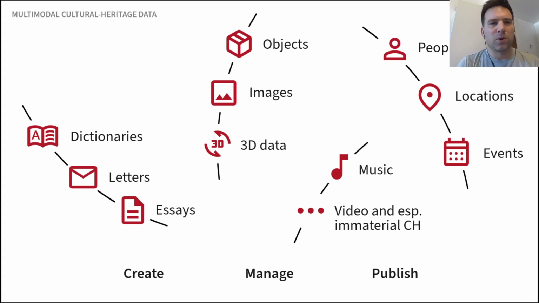The title says Multimodal Cultural Heritage Edition. What does that mean? That can include, as I've mentioned, dictionaries, letters, but also essays. It can include object repositories, images, but also 3D data, or music, other immaterial cultural heritage, and a lot of different types of data, possibly. All of those usually have some notion of people, locations, and events, so these are basic data types that we have across the board. All of these records need at some point to be created, they need to be managed,